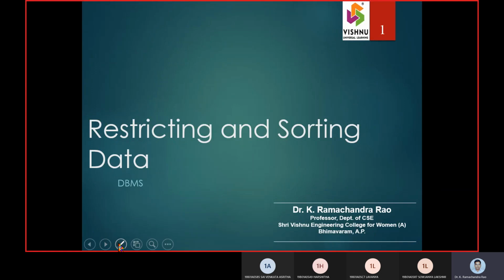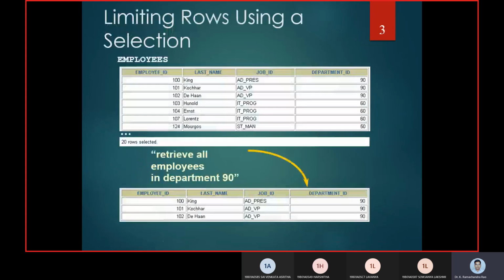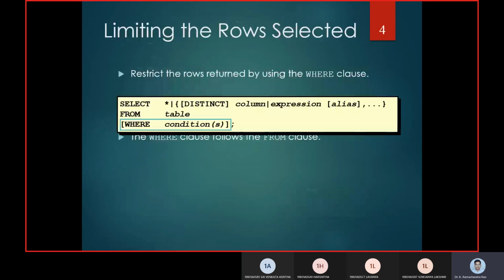So here we will be talking about the basic restrictions and sorting data in SQL. As a part of that, we will look at the SQL clauses.